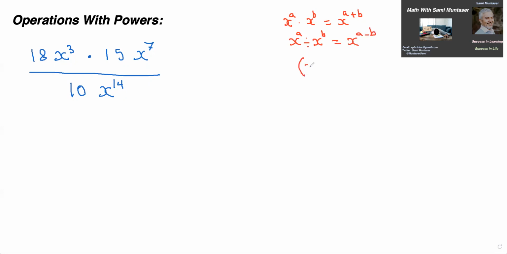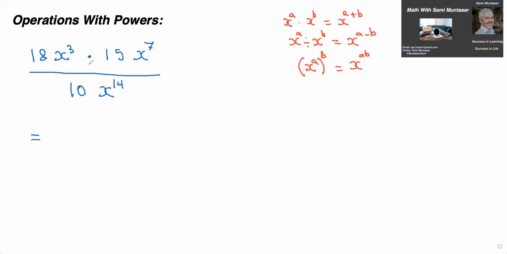And also if you have x to the power of something in brackets and you have another power on the outside, so ab, then the exponent outside of the brackets gets multiplied into the exponent inside the brackets. So this becomes x to the power of ab. So these are just rules that you have to remember when you're doing things like this. But when we're doing something like this right here,